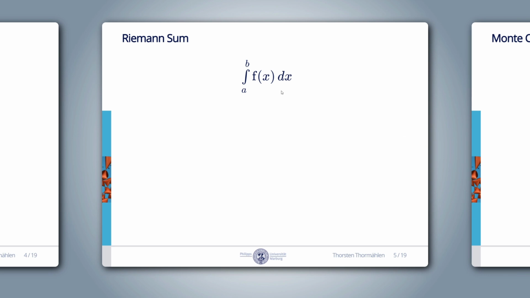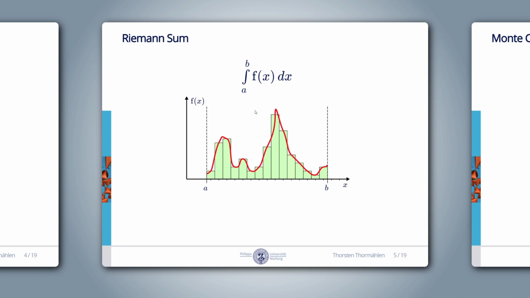Let's assume we want to integrate a given function f of x on an interval from a to b with respect to x. f of x is typically not given as an analytic function, but it is possible to take samples from the function, which is often the case in rendering. In school, we all learned that the integral is equivalent to the area under the function f of x. Therefore, one way to approximate the integral is to take samples with a regular step size within the interval from a to b and compute the sum of the area of the shown green rectangles. This approach is called the Riemann sum.